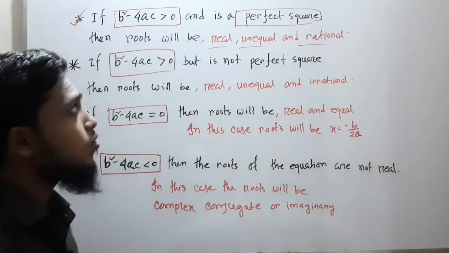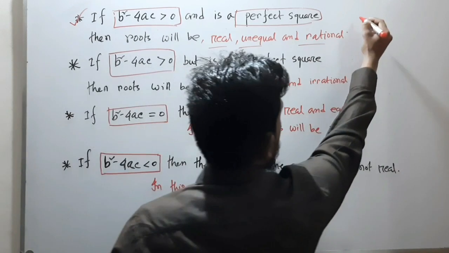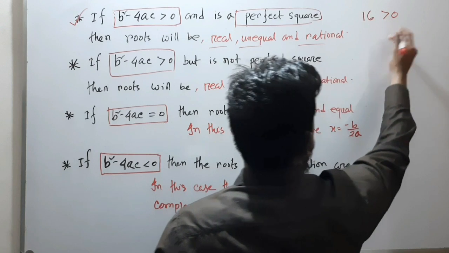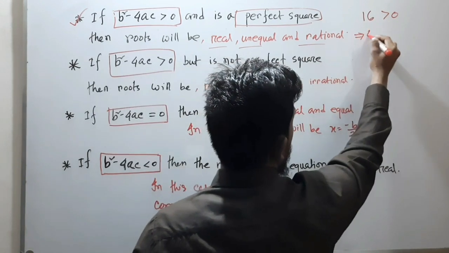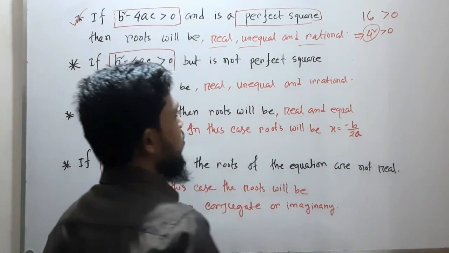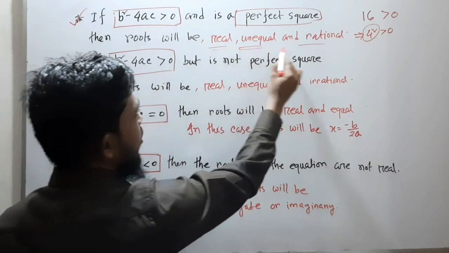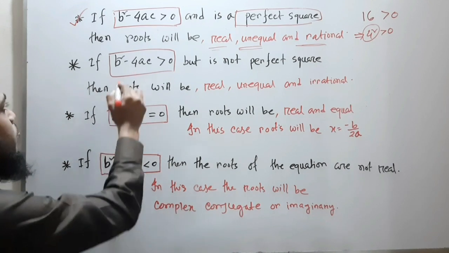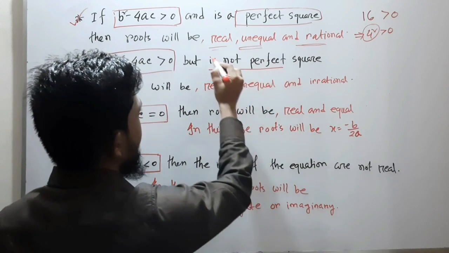That means, dear student, suppose b square minus 4ac's value is 16, which is greater than 0. We can write 16 as 4 square, which is a perfect square. In this case, the roots will be real, unequal and rational. Our second condition: if b square minus 4ac is greater than 0 but not a perfect square,